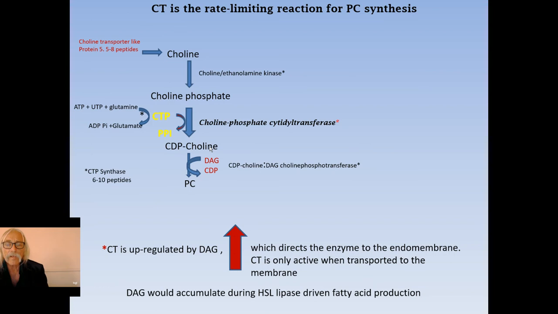The only thing you need now is diacylglycerol, which can come from lipase-mediated removal of one of the fatty acids, the 3 position exactly, of a preformed glycerol lipid from triacylglycerol, and that enzyme is called CDP-choline diacylglycerol choline phosphotransferase. Right? And now you've made PC. This is one way of making it. There are other ways, right?